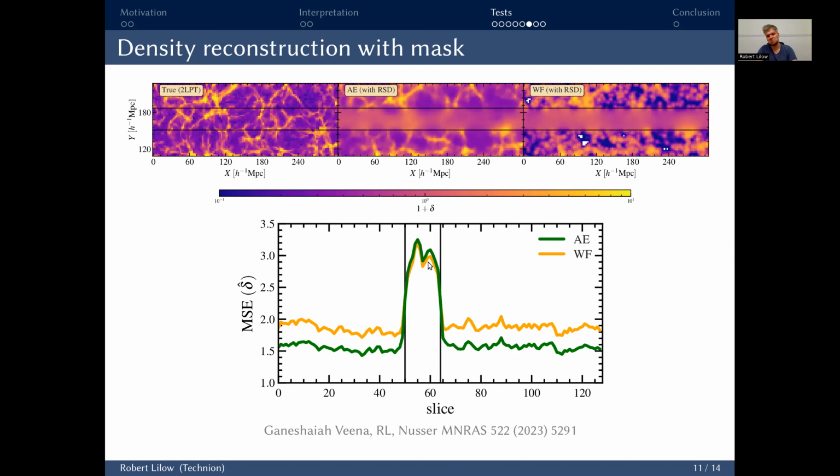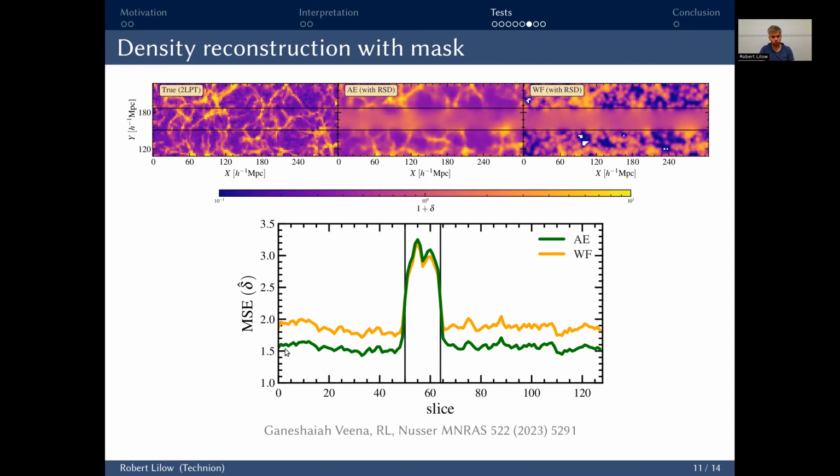And as you can see, the MSE of both are similarly high, and in fact they just match the cosmic variance. That's because inside the mask there is not really any density information to be gained. For this, the correlation length in the density field is way too short. So the best guess is just the mean with the cosmic variance scatter around it. And yeah, a neural network can't do magically better, and in fact, it shouldn't.